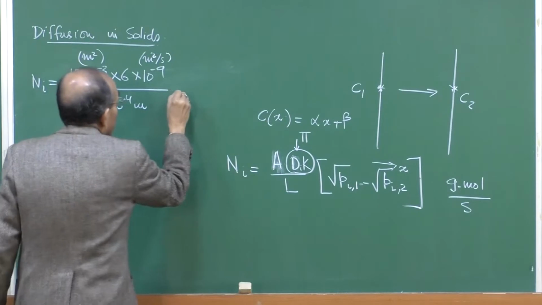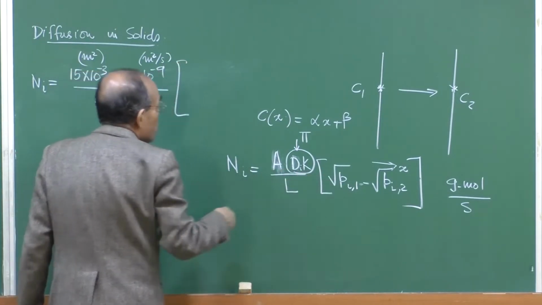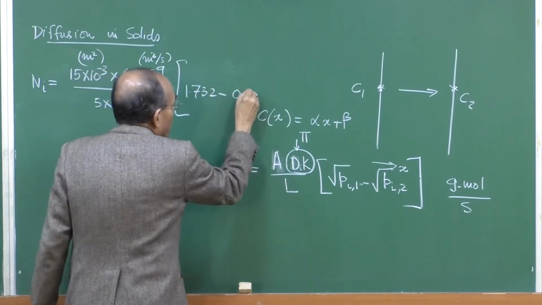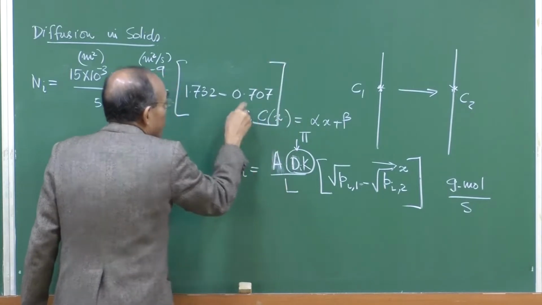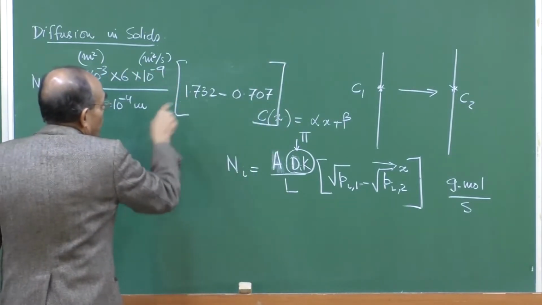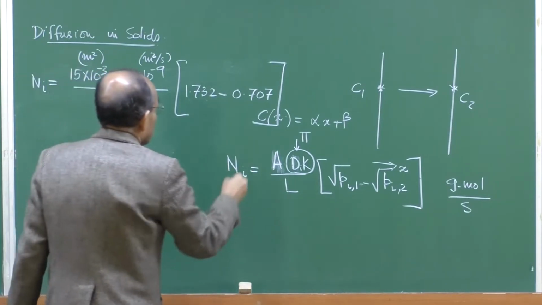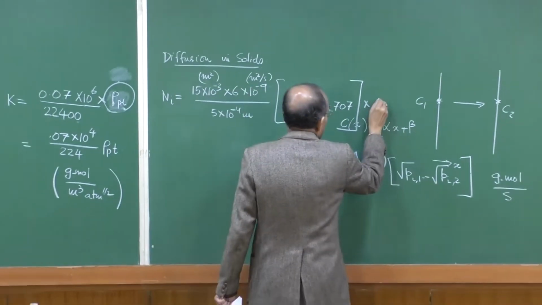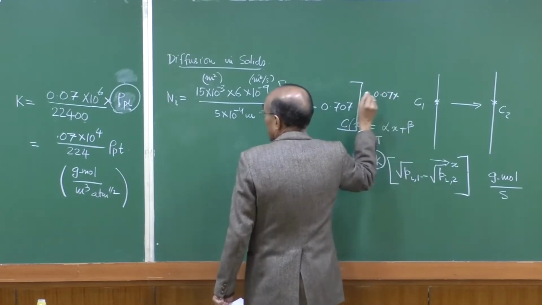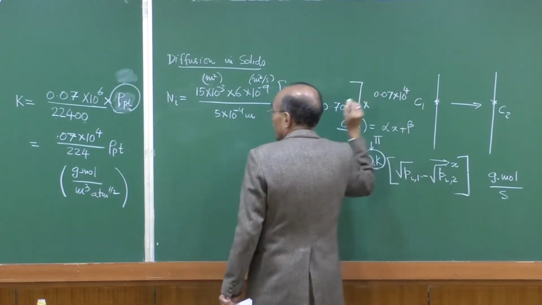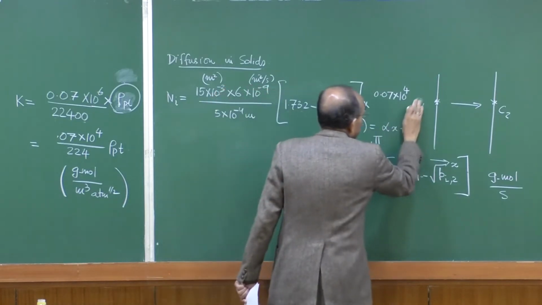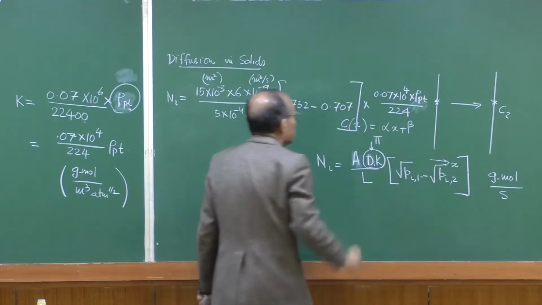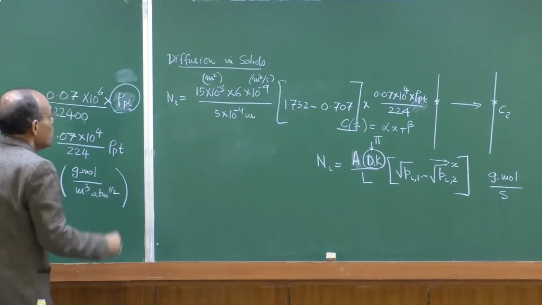Okay. And then we have 1.732, and this is 0.707. So, square root of 0.5 is 0.707, square root of 3 is 1.73, and then you have a value which is equal to 0.07 multiplied by 10 to the power 4, okay, and then we have rho platinum divided by 224. So, if you substitute the value here, everything is known, and you will find out